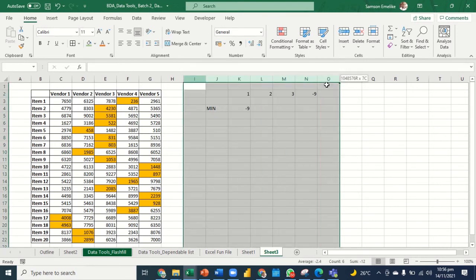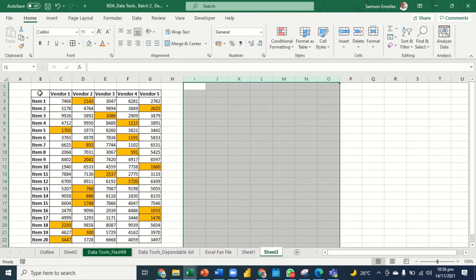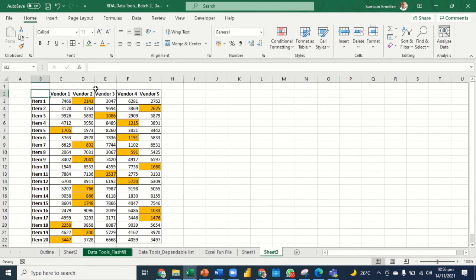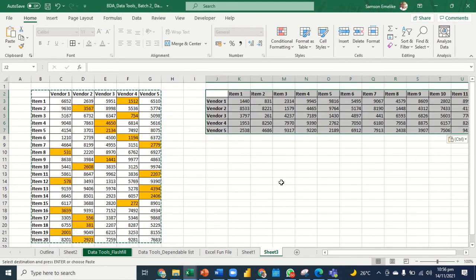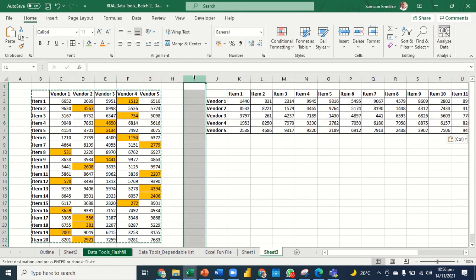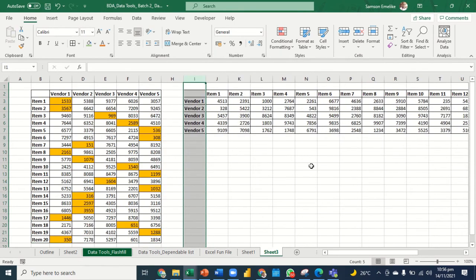Now, I'm going to do something again. Let me clean here. I'm going to transpose this so that my vendors are like this and the items are across. So I'm going ahead to click this. Okay, by the way, let's select the entire range. I'm selecting this, and right here I'm going to transpose this, so it becomes like this. Okay, so let me remove this, and now